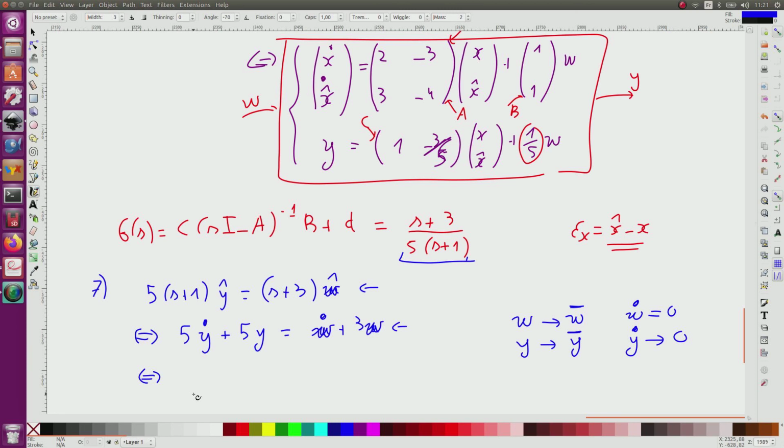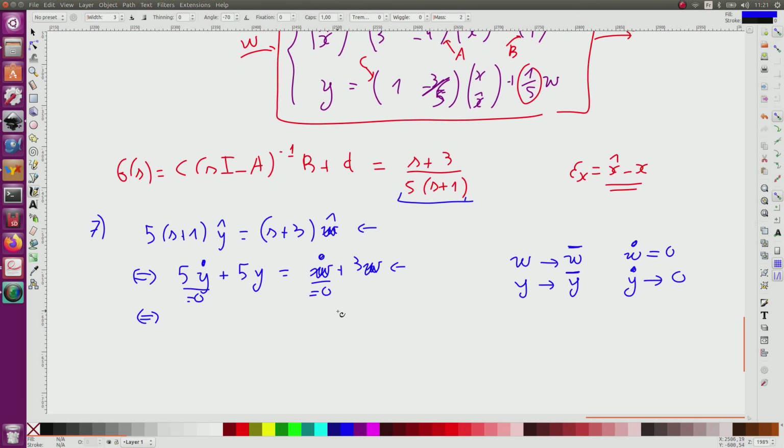So if I fix this, I will get this equal to 0, this equal to 0 once the steady state has been reached, and I will obtain 5y bar equal to 3w bar. So it means that y bar divided by w bar is equal to 3 divided by 5. This is the static gain